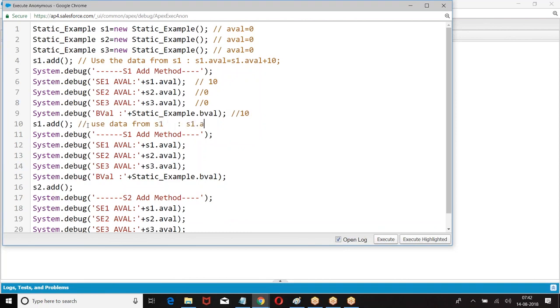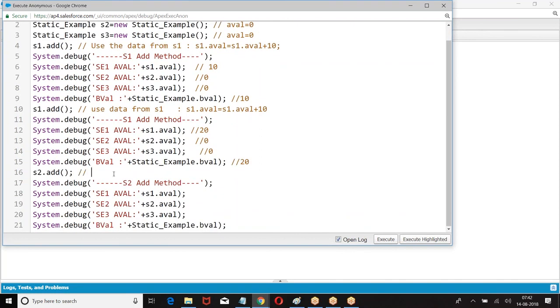S1 A value equals S1 A value plus... what is the value of S1 A value? 10. 10 plus 10, we get 20. S2 A value is 0 because we didn't make any modification on S2. B is common. What is the value of B? 10. 10 plus 10.